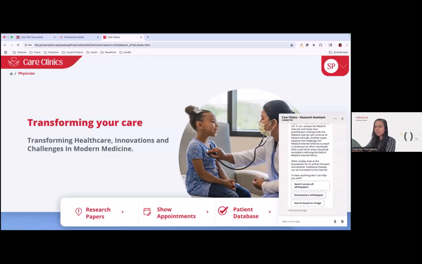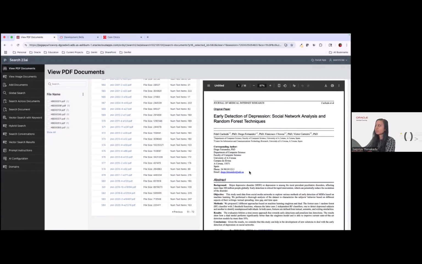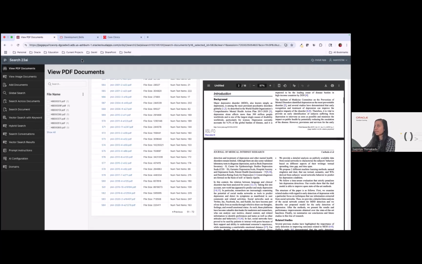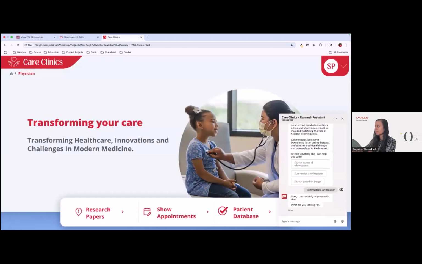All right. Now, let me just summarize and then see a specific white paper, right? So I have a ton of white papers here, but I don't want to read all of these white papers. It's a lot of information, right? So what we can do here is that probably I'm going to summarize a white paper, and probably I'm going to type in the question saying,